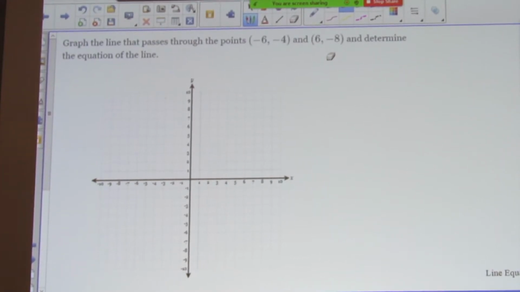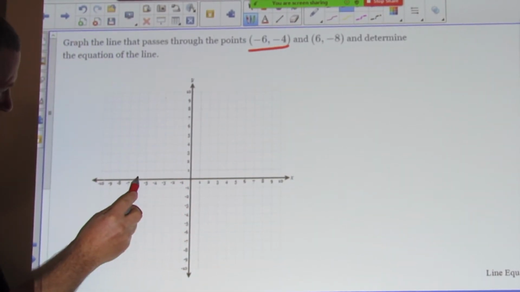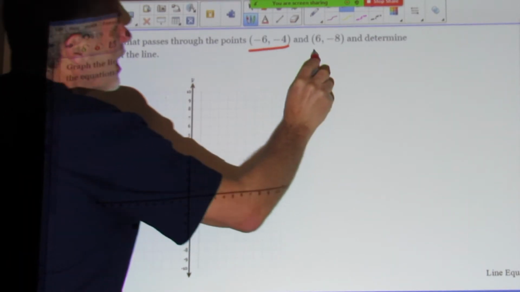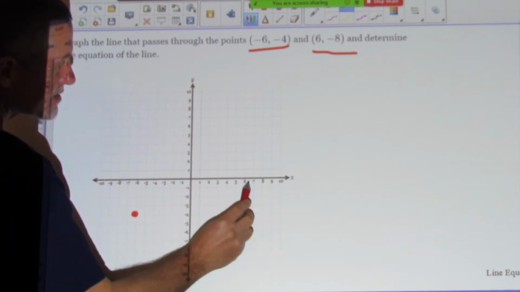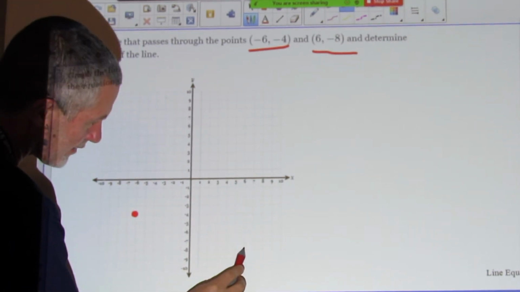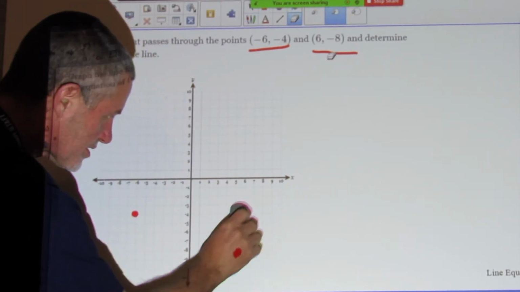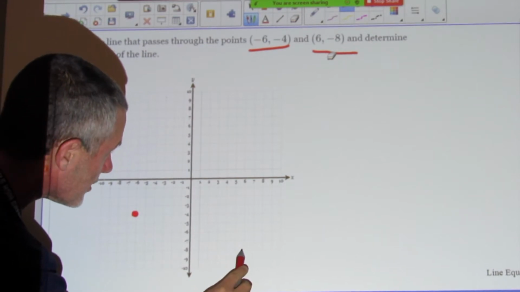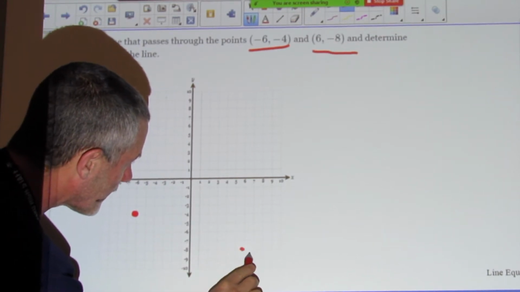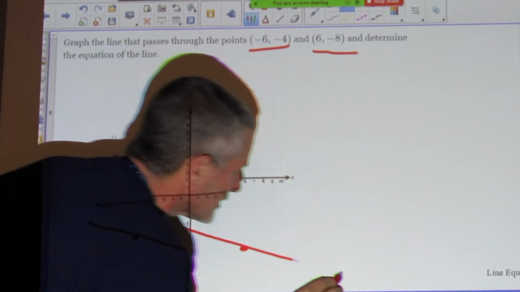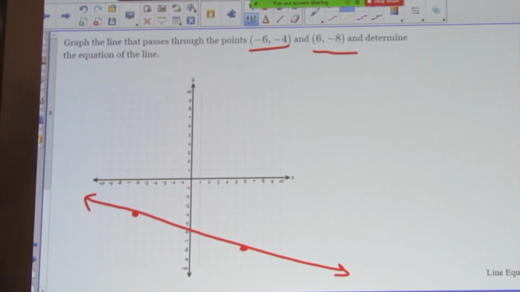Okay, let's plot these points. I need to plot -6, -4, that's over to -6 on the x-axis, down to -4, and that'll be right there. And then +6 on the x-axis is to the right of the origin, and then down to -8. Ooh, I don't like that very much. Let me try that again. Should have calibrated a little better this morning. Right there. I'm going to draw that line, hopefully perfectly straight, which is sort of impossible on this board, but